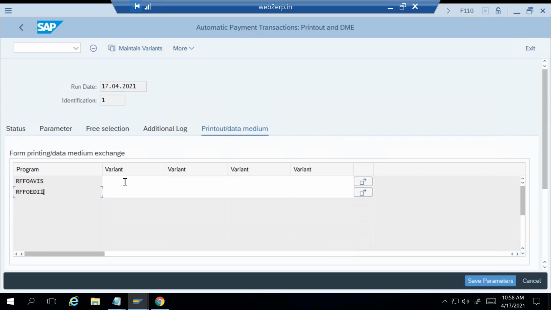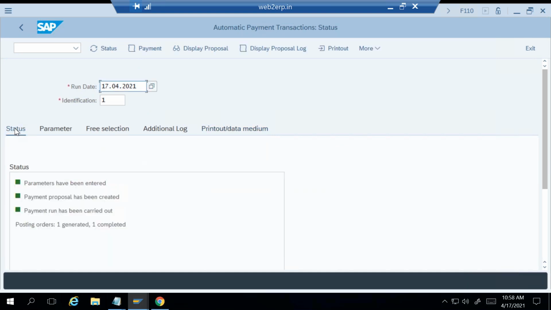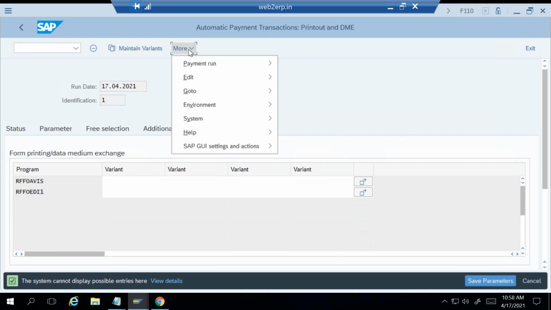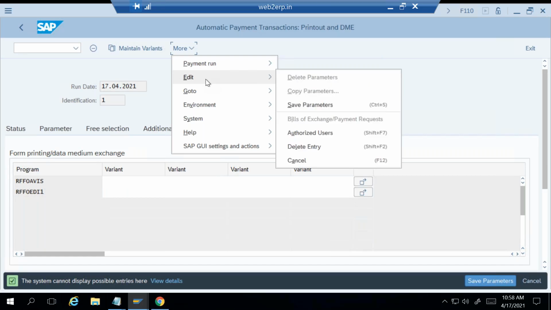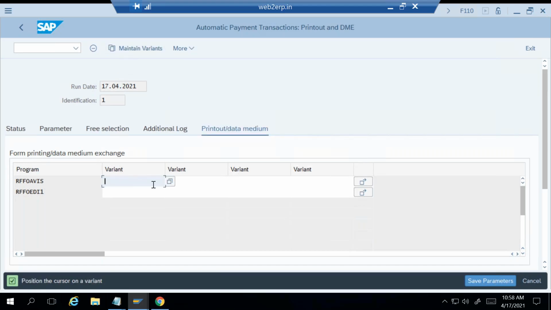So for example, first of all, I need to be in the change mode. I think I'm in the change mode, so I'll click on maintain variants. Just give me a minute. So print out data medium. If I press F4 now, it will not show me anything because we have not created any payment variants till now. So in order to create a variant, maintain variants, it is the same thing. So maintain variant,